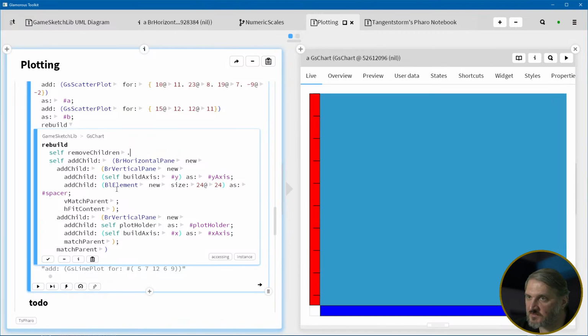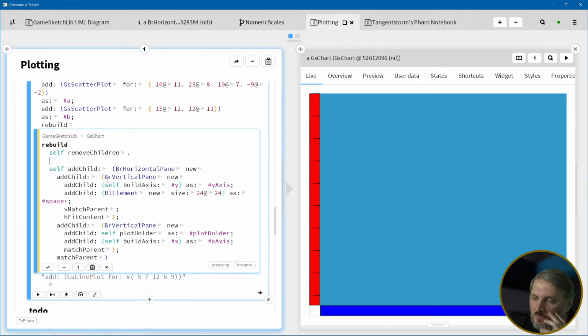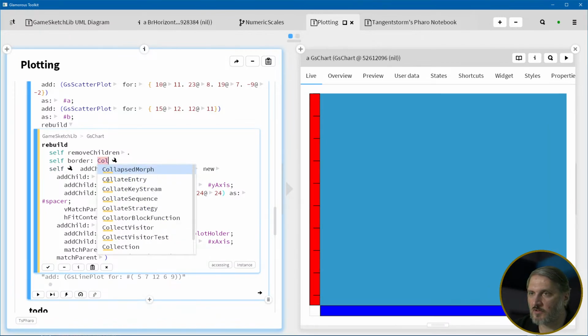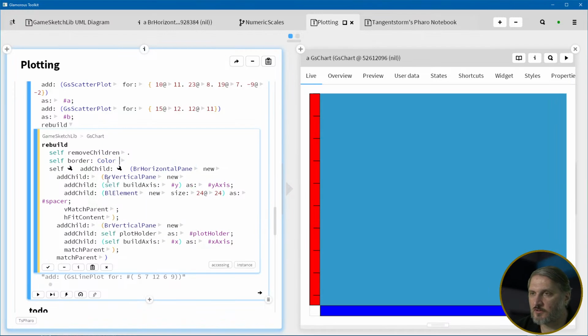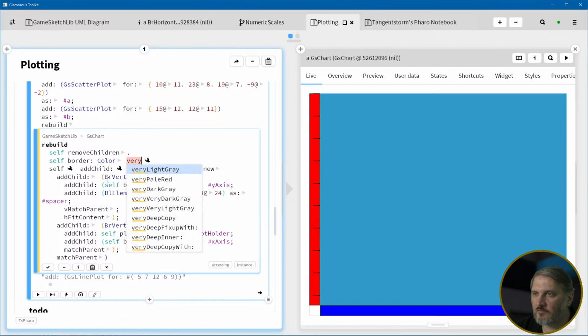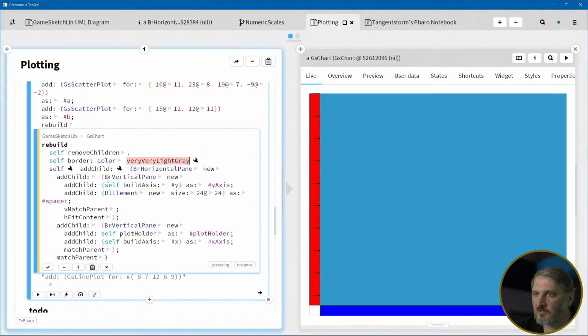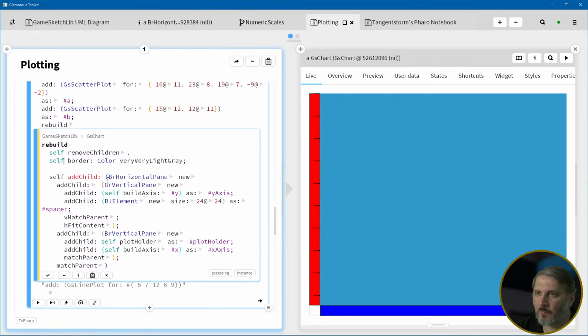So we have the... but I'm going to rebuild the border here. Self border color, very light gray, and